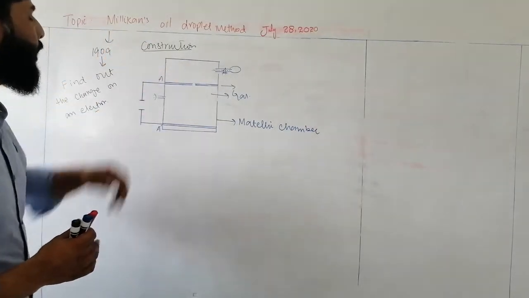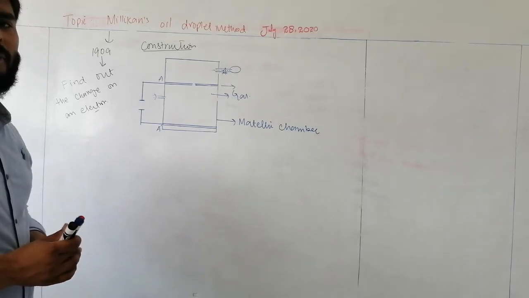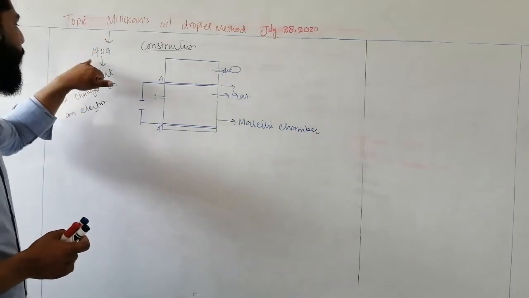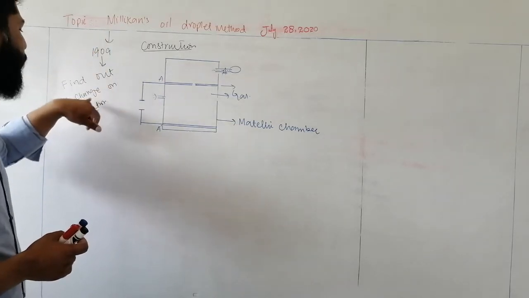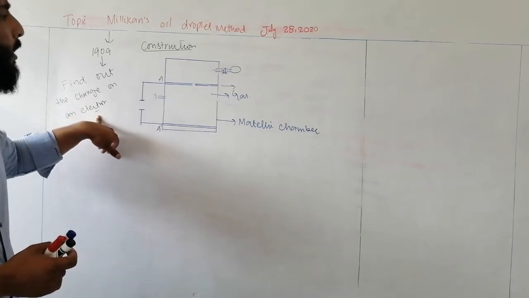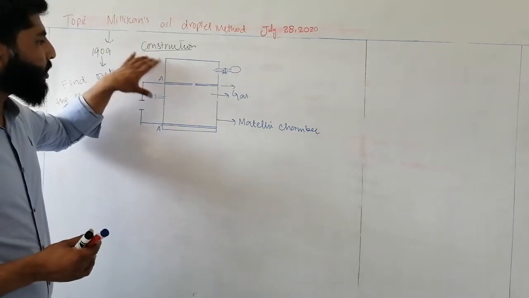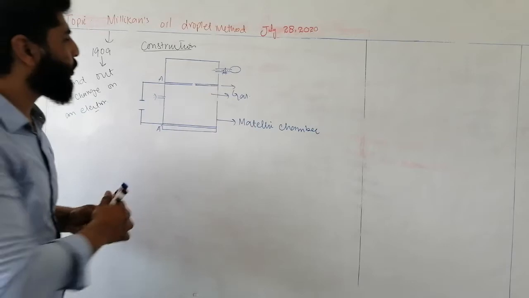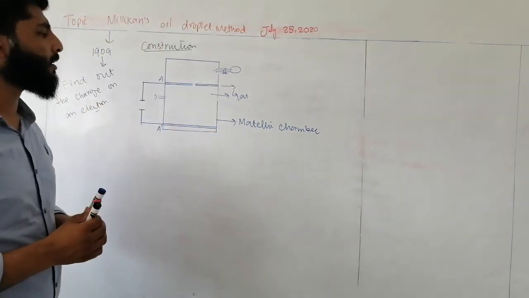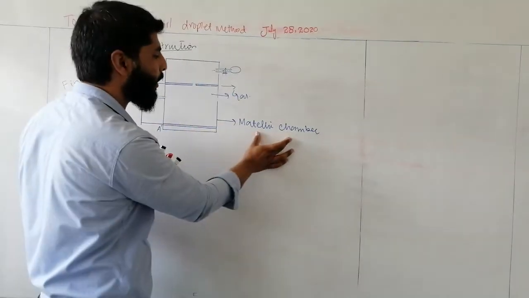Students, Milliken's oil droplet method, or Milliken's oil droplet experiment, was used by Milliken in 1909 in order to calculate the charge on an electron. Students, he used an apparatus whose construction is this. The instrument being used by Milliken was composed of a large metallic chamber fitted